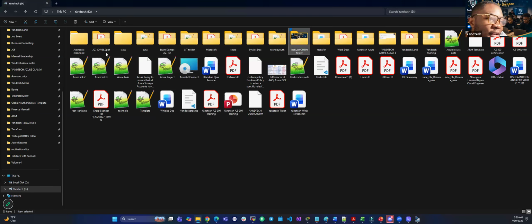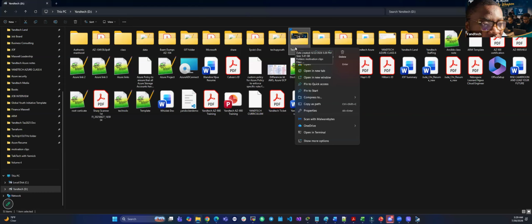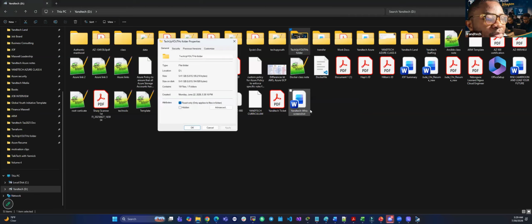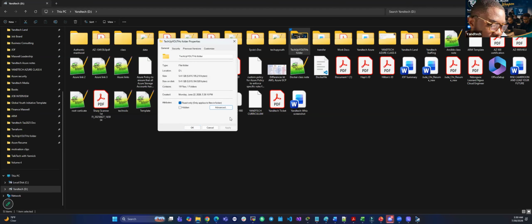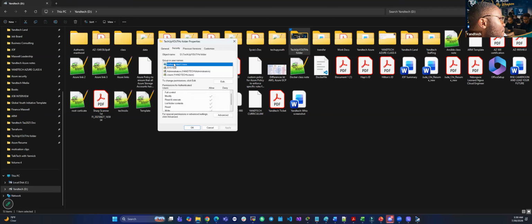So let me cancel this and I'll come back again to my TECHUPYOUTHS. I will right click and I'll click on properties. When I click on these properties, look at what we have. If I go to advanced, you are seeing a few things. Let me cancel. Okay, if I go to this security,